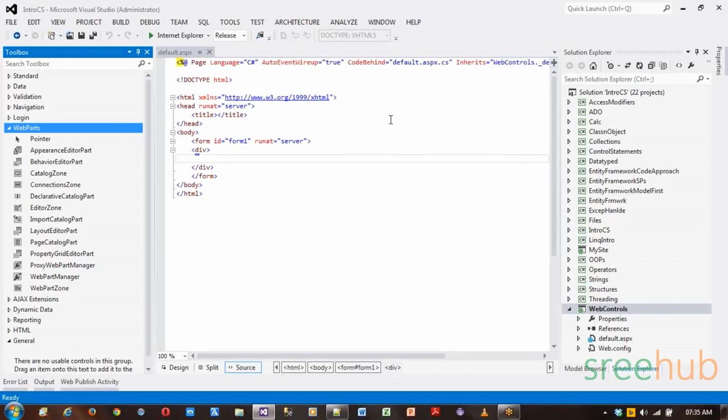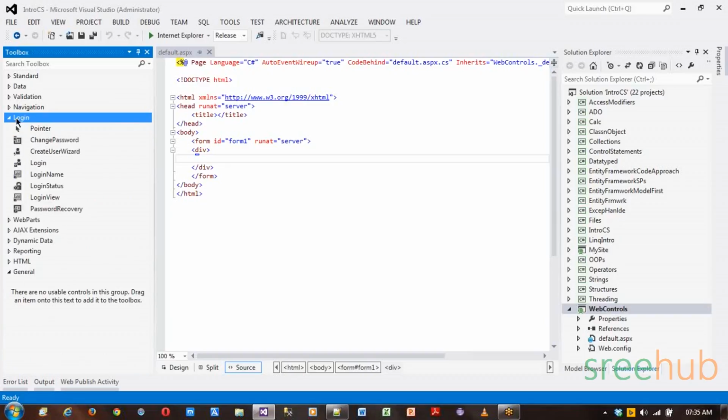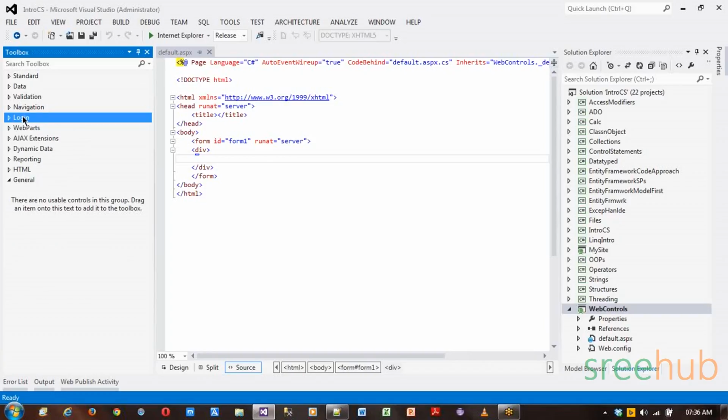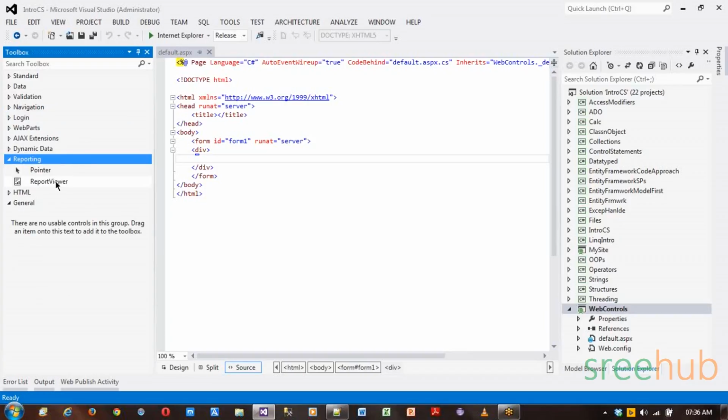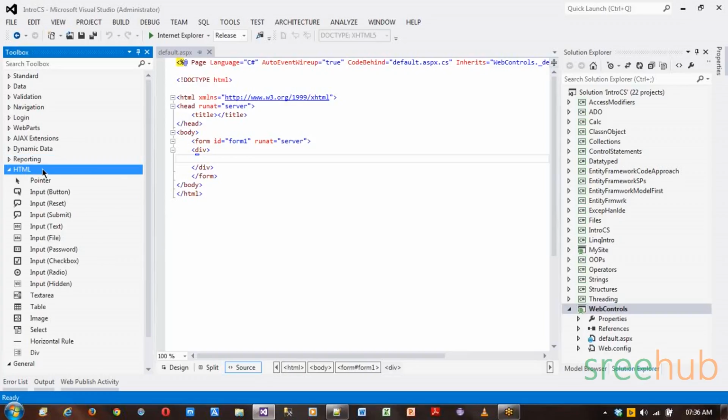I mean, different pages. And these web parts are mostly inbuilt direct web zones we have, which we can directly use in a page. We'll see this part too. And you have login. I mean, in login, you have a direct authentication page which you can directly take and use the service for, right? And your reporting. Report is something which is again an important one, and most of the projects use reporting, which is normally called RDLC, right? We'll also see this control too,